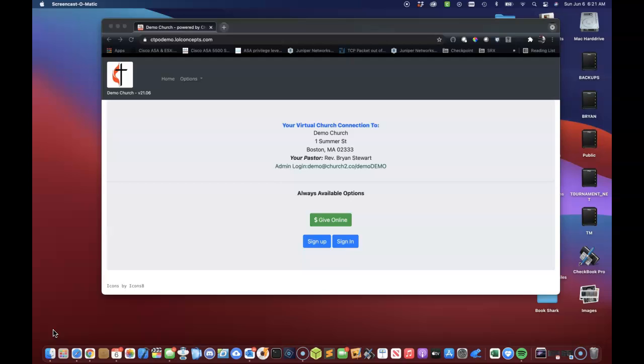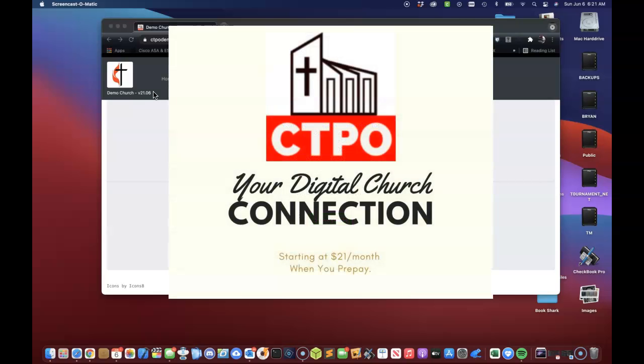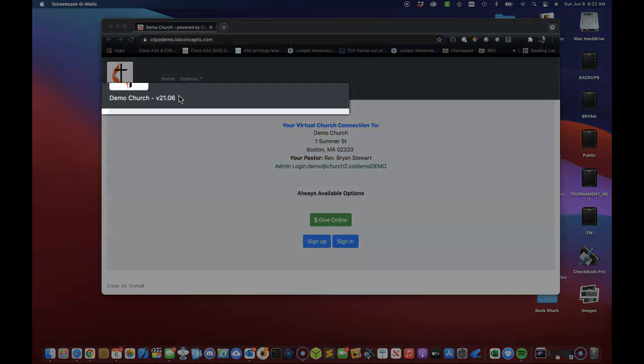Going to talk to you about our newest release for Church 2.0. We're going to cover a lot of the features here, including the brand new ones, in version 21.06. The first thing that you'll notice is the change in version there. It is live and released, so if you are a current subscriber of Church 2.0, which again is under $25 a month, which is an amazing deal for your church, you will see V21.06, which stands for 2021, the June